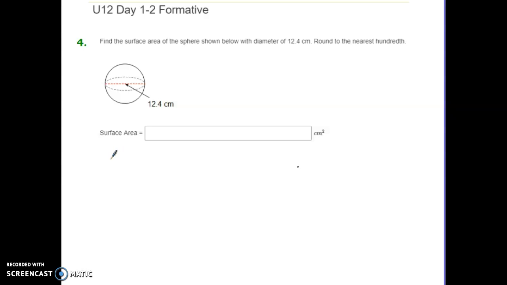Number 4, the formula for surface area of a sphere is 4 pi r squared. So we plug in our radius. In this case, our radius is 6.2 because they're giving us the length of the diameter. So we have to cut that in half. Plug that in for radius and square it. And when you put this in your calculator, you get